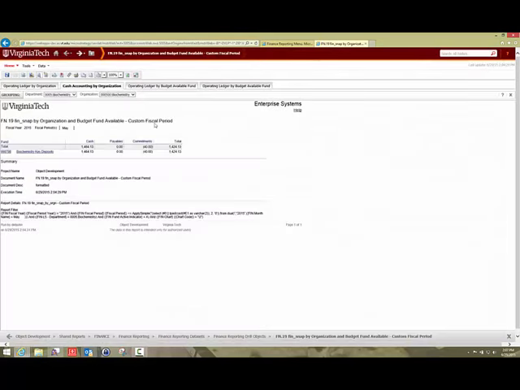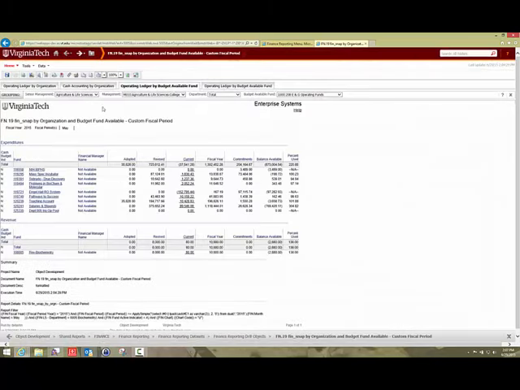Cash accounting works the same way with the flipping back and forth. It does not go to the department level. Oh, yes, it does. Okay. And then there's the